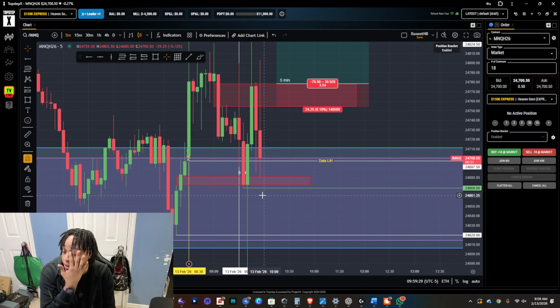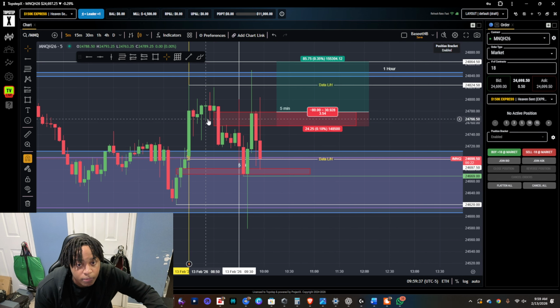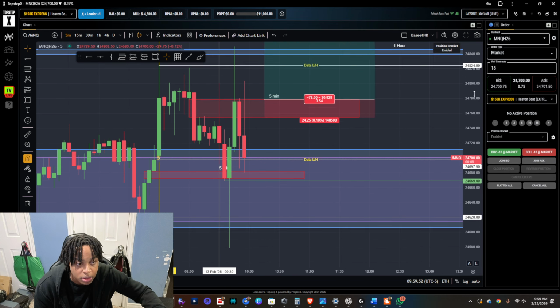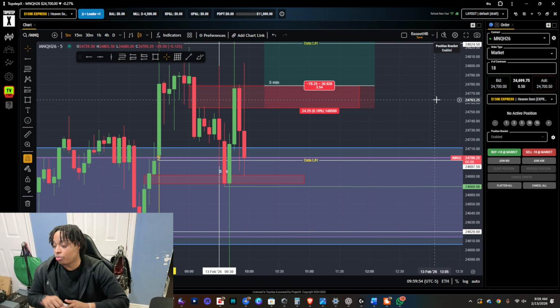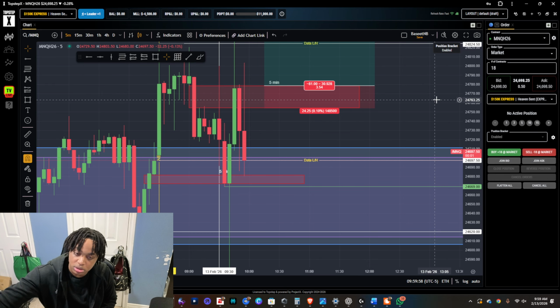The data low already got hit and it was around a bunch of liquidity, but that data high was something serious. That means that a lot of times when news goes up super quick, people expect the price to go down. So what they'll do is put a sell here, knowing that this is a high that got reached. Meaning that when it gets here, boom, it'll just zoom. And that's exactly what happened. It got here, boom, got disrespected. It got respected. I said disrespect, got respected. You know what I'm saying?